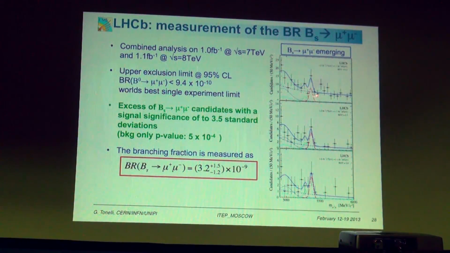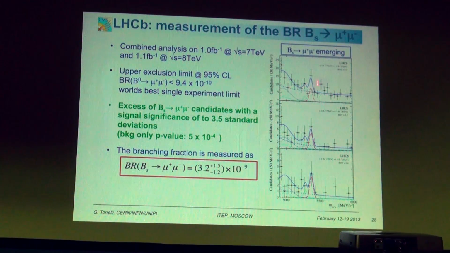Basically, you take a look at this area in which you expect to see the peak of the B sub S to mu mu, and very close by, in this green area, you should see the peak of the B sub D to mu mu. And clearly it is quite tricky, because you are on a background which is not very regular. There are combinatorial components here, so it's really a very tough analysis. That was done extremely well by LHCb.